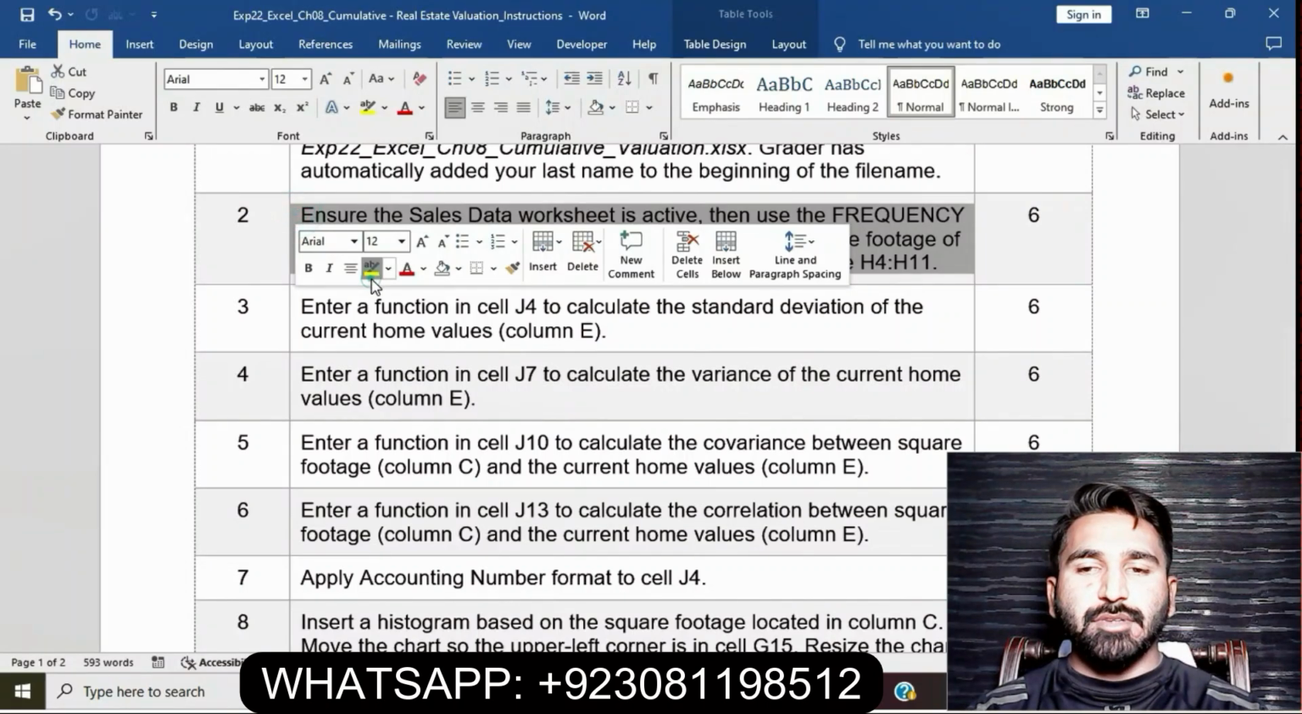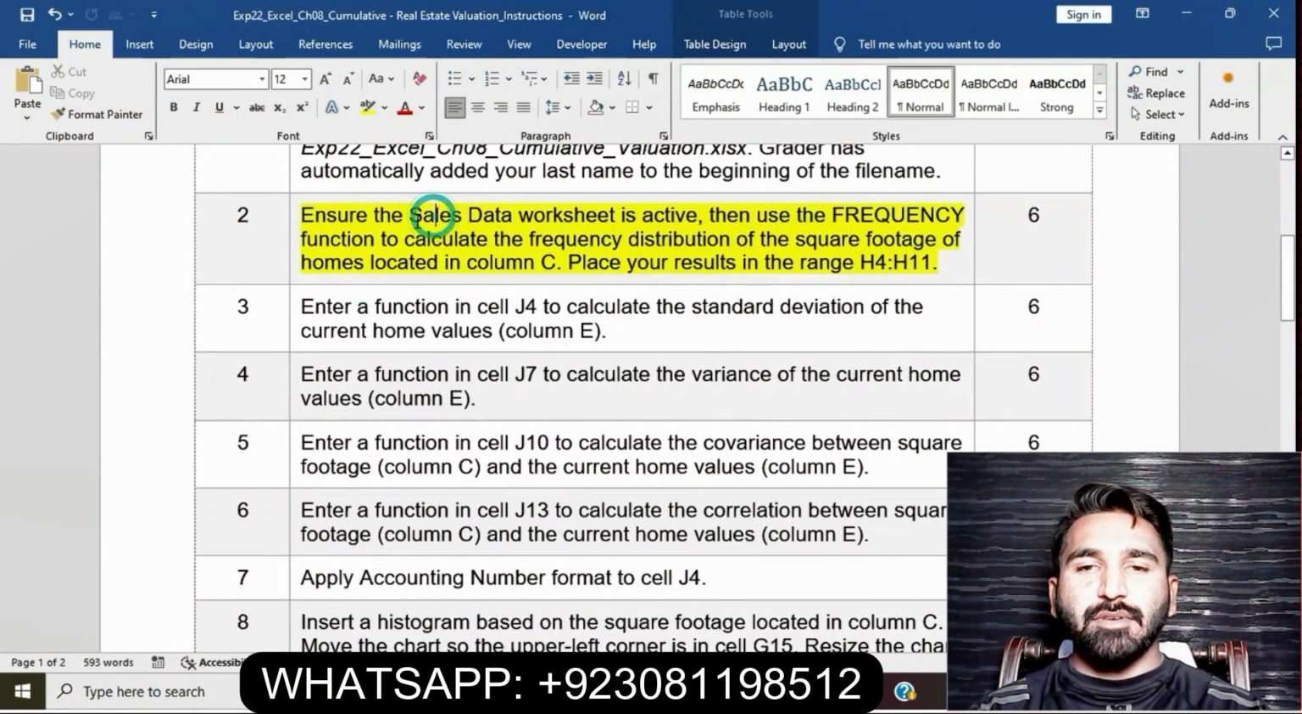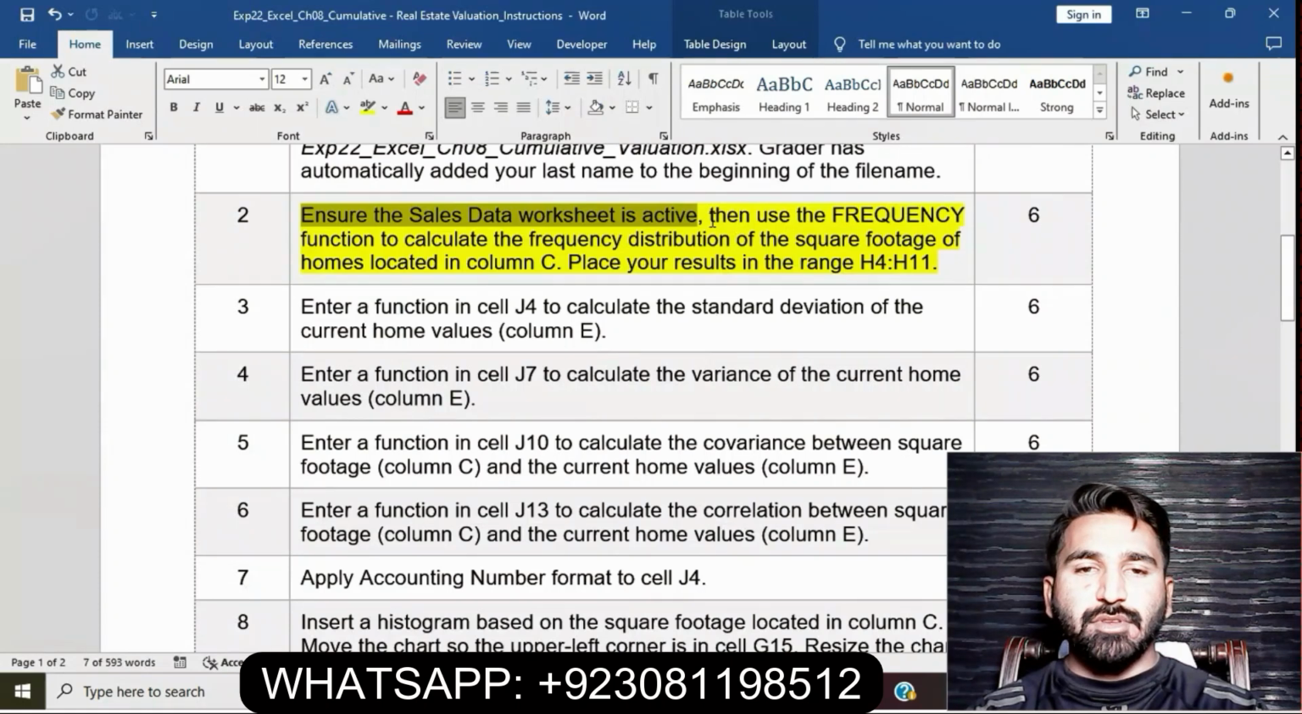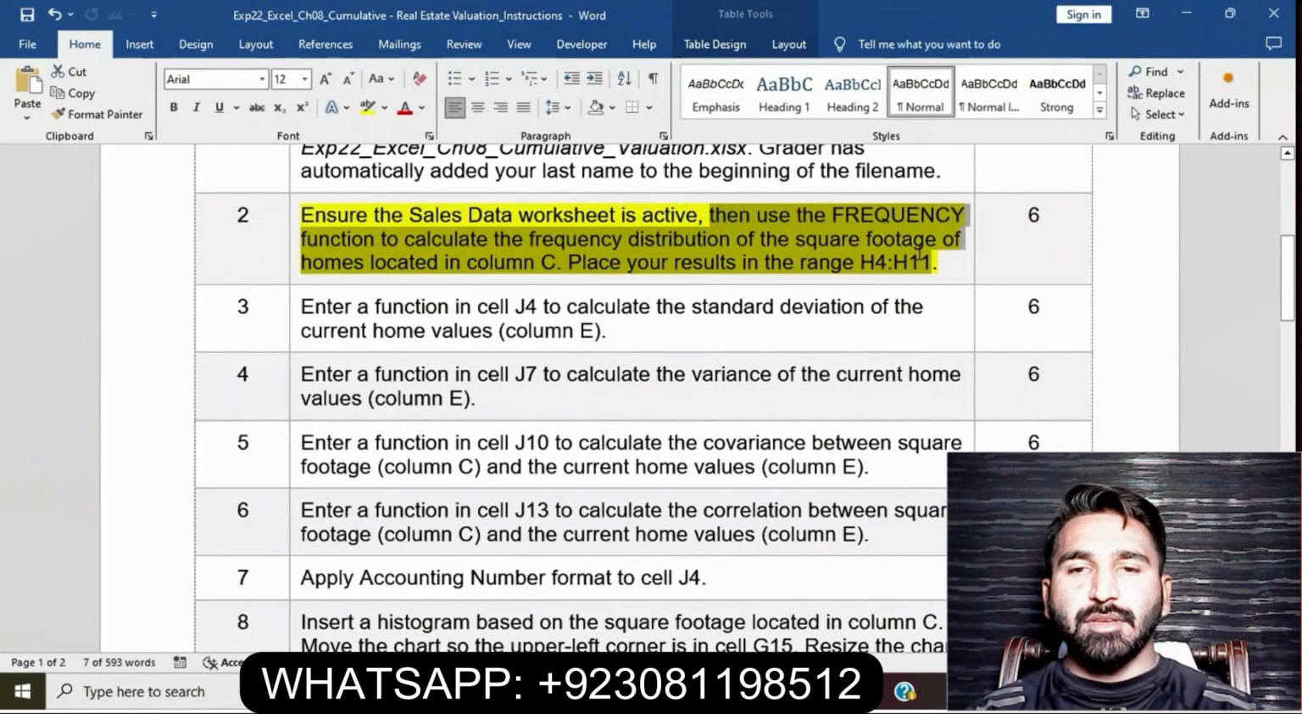Now moving on to step number 2. Step number 2 is to ensure the Sales Data worksheet is active, then use the FREQUENCY function to calculate the frequency distribution of the square footage. Go to the Excel workbook. The Sales Data worksheet is active. The square footage of homes is located in column C. Place your result in the range H4 to H11. We will have to enter a frequency function